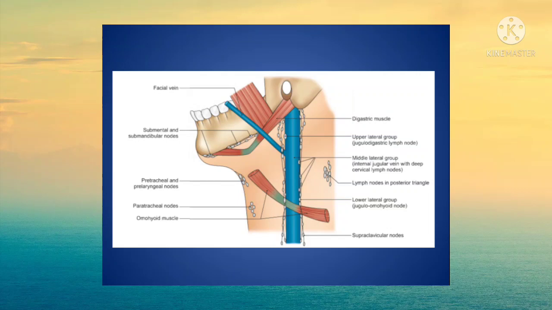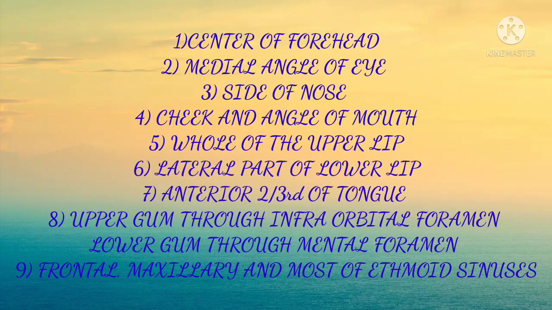While opening an abscess affecting that node, the aforesaid nerve may inevitably be divided. The submandibular nodes receive afferents from an extensive wedge-shaped area which includes the center of the forehead, medial angle of the eye, the side of the nose, cheek, angle of the mouth, all of the upper lip, lateral part of the lower lip, anterior 2/3 of the tongue, upper gum through the infraorbital foramen, lower gum through the mental foramen, frontal, maxillary and most of the